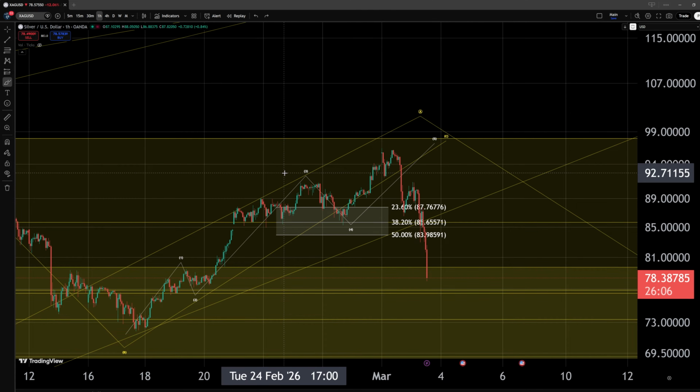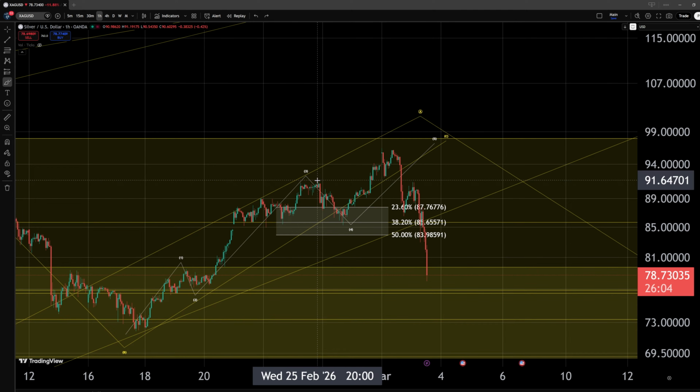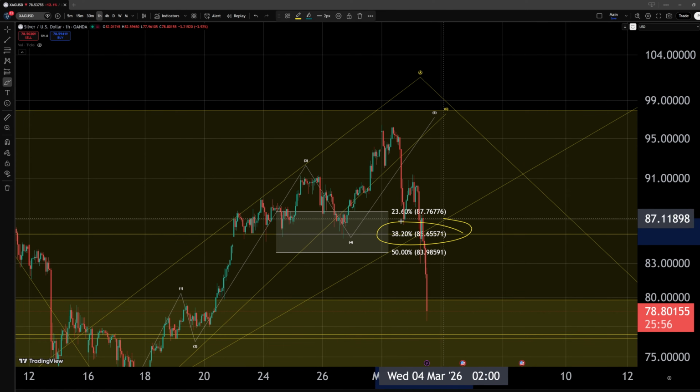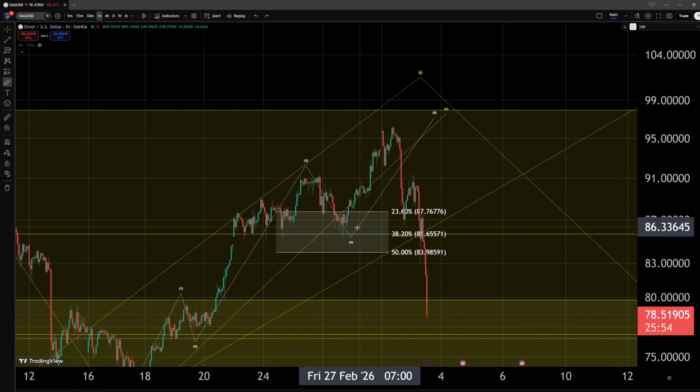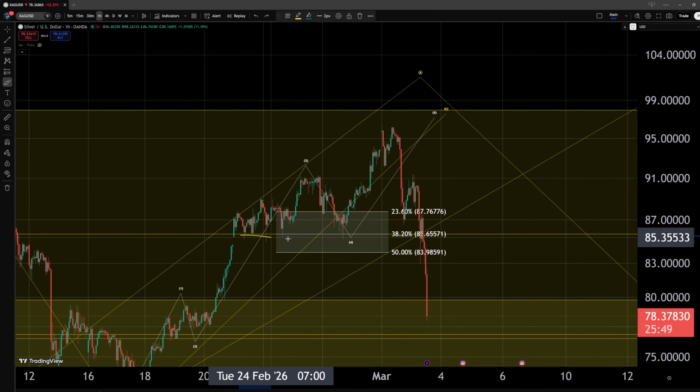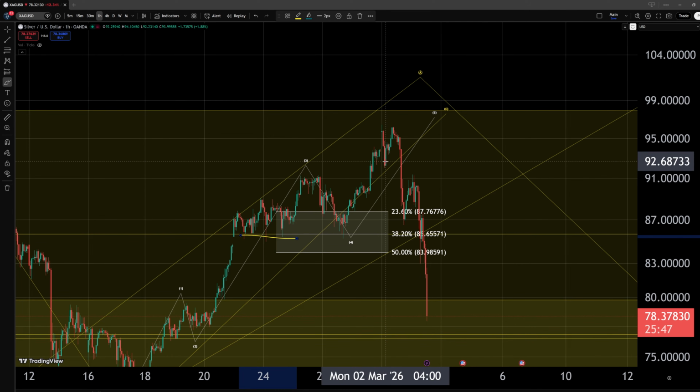Now, during the previous video, we were heading into the lower levels of this support, of this correction, and we even highlighted specifically here the 38.2% retracement, which is the ideal target for wave 4, which was very much in line with structural support from these previous swing lows. So we were highlighting this to possibly be the reversal area, and this has just executed flawlessly,